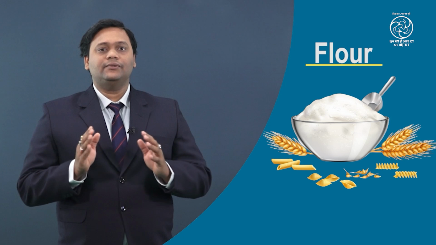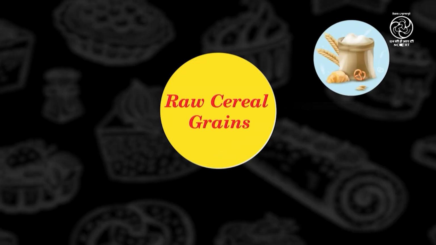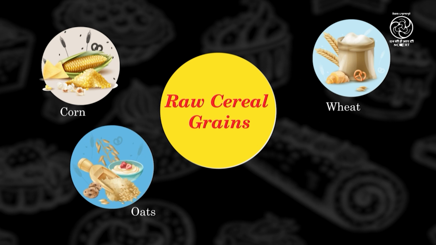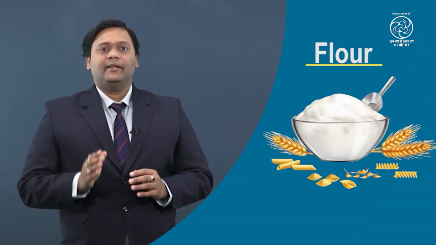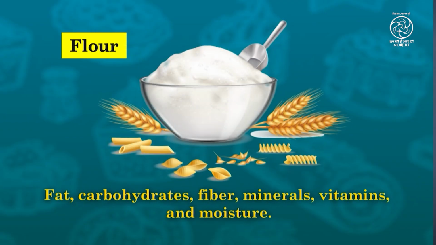Today, we will discuss the different types of flour used in the baking process. Flour. Flour is the backbone of bakery products. It is prepared by grinding raw cereal grains like wheat, corn, oats, etc. into powders of different coarseness. Flours consist of protein, mainly in the form of gluten, a small portion of fat, carbohydrates, fiber, mineral, vitamin and moisture. Choosing the right type of flour for a specific bakery product ensures the best possible baking results.